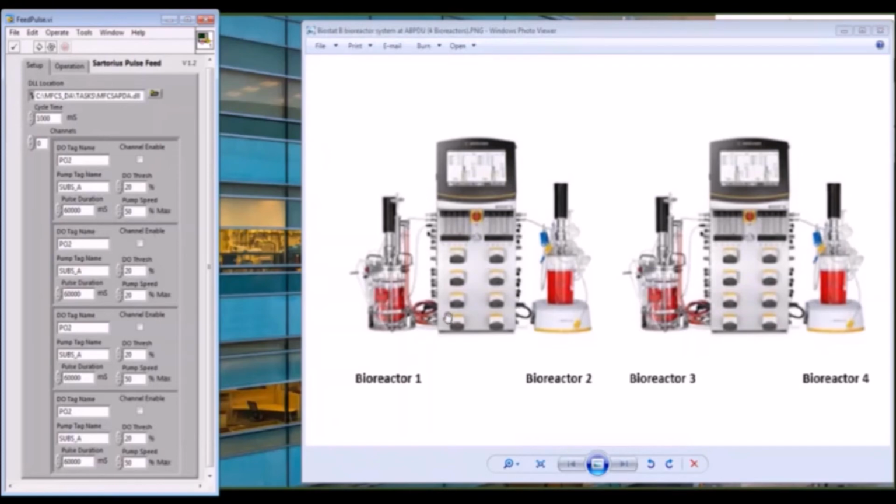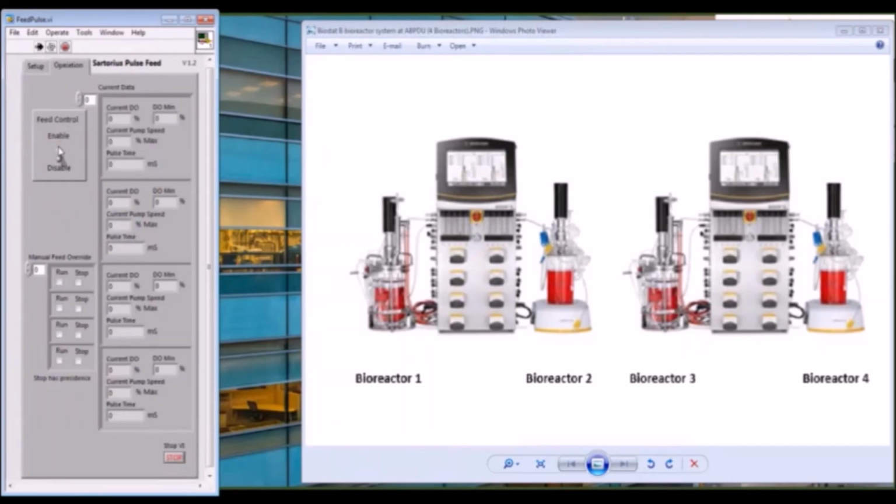For that, we select 20% pump speed, which, based on a previous pump calibration, corresponds to 2 milliliters of feed solution per minute. The pulse duration is set to 60,000 milliseconds or 60 seconds. The DO threshold is 20%. Now we want to click Channel Enable, start the VI, move to the operation page and hit